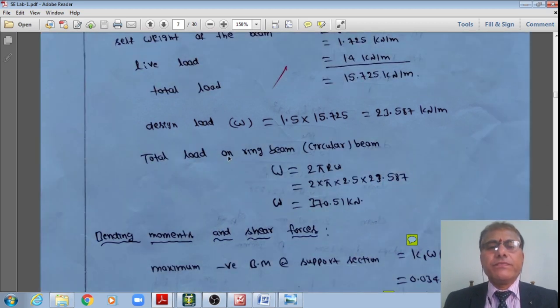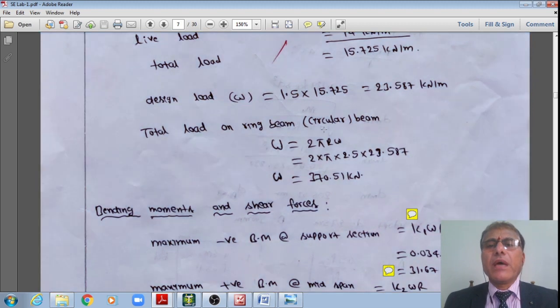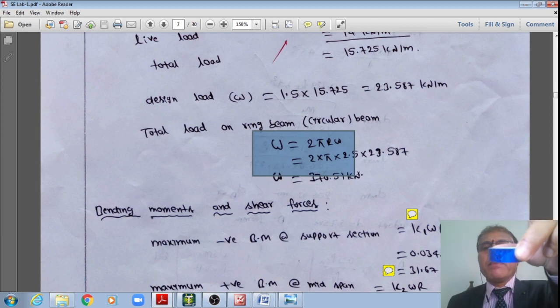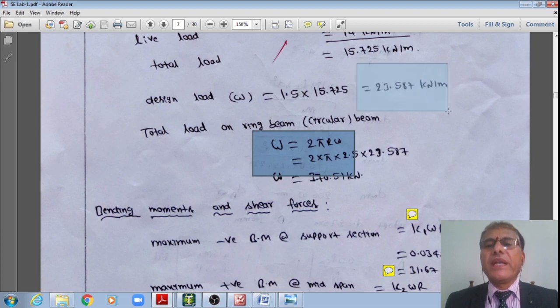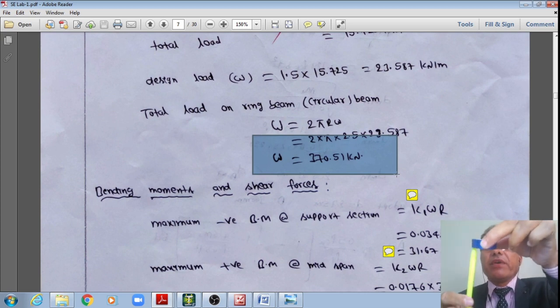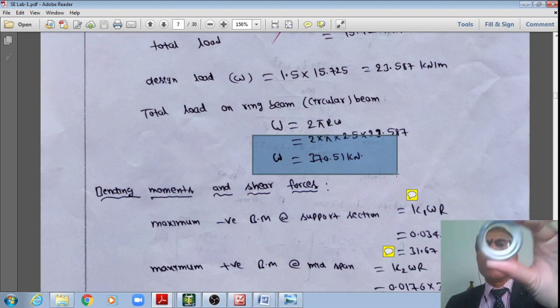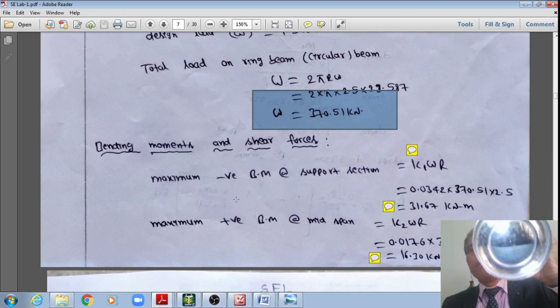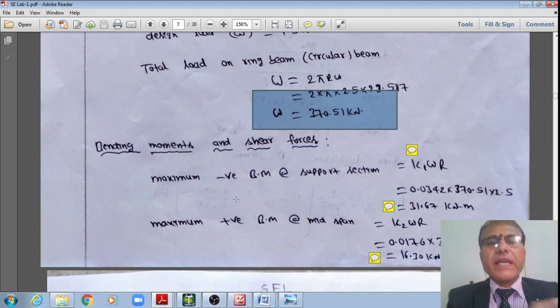Therefore, now the total load on the ring beam or the circular beam is equal to capital W is 2 pi r, where 2 pi r is the total peripheral length of this beam, multiplied by W. Therefore, that design load is 23.587. If I just multiply now, I'll get 370.51 as the total load on the ring beam. The total load on this ring beam is equal to 370.51, student. Right? Now, once I get this 370.51 load,